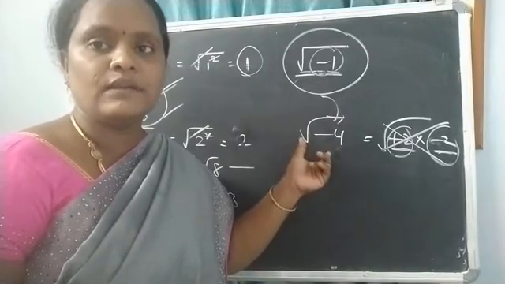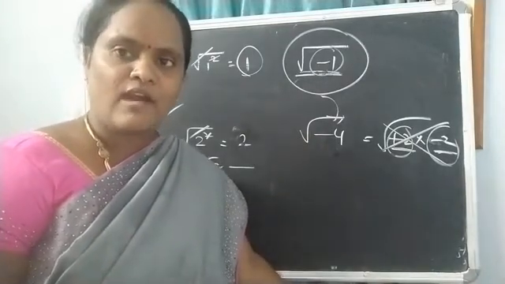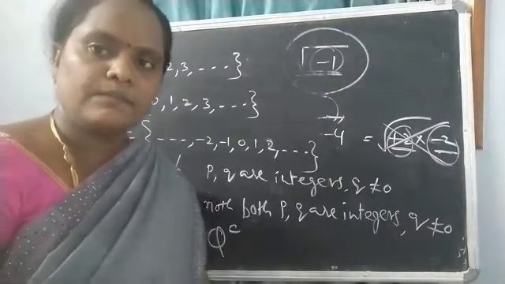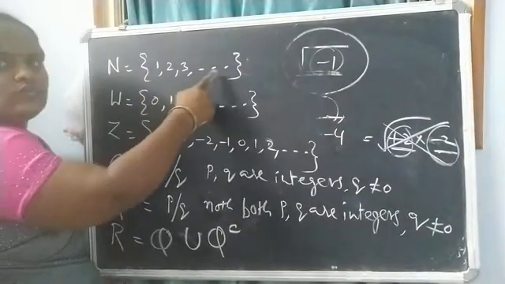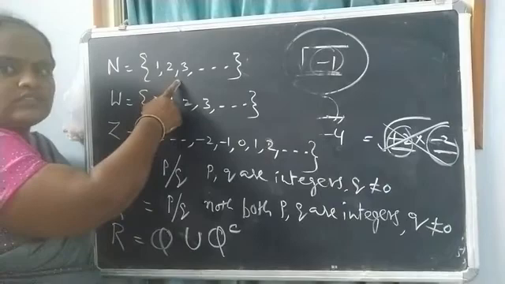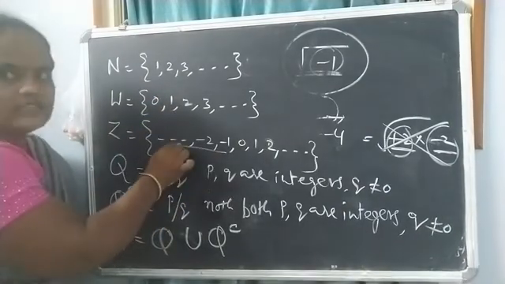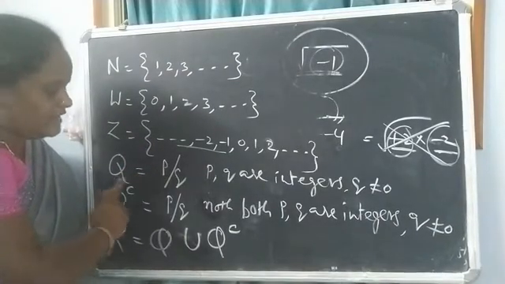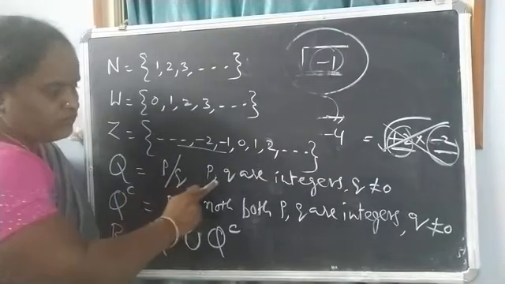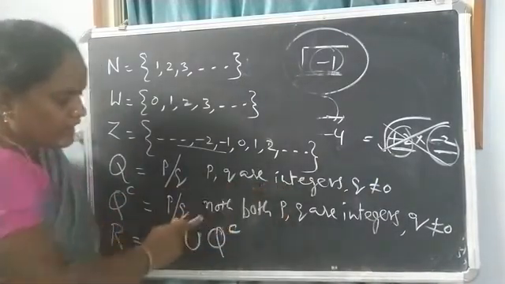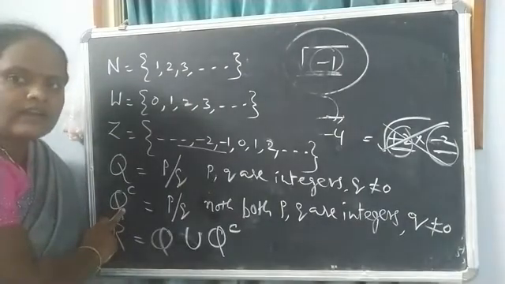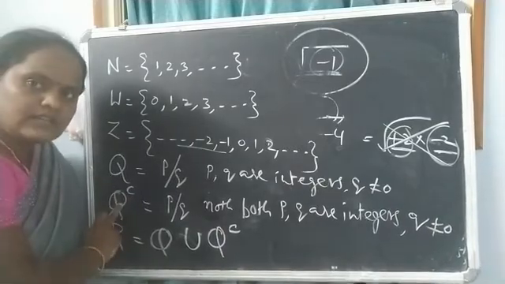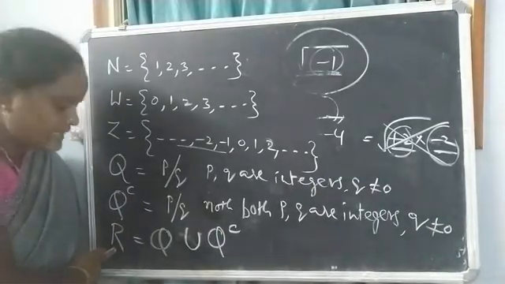Then what will we call these numbers? These are not irrational, so we have some other new numbers. Let us recall the numbers we have seen in this chapter. The first one is natural numbers, 1, 2, 3 and so on, the counting numbers. When 0 is added to natural numbers, we get whole numbers. When negative integers are added to whole numbers, we get integers. All the integers and fractions are called rational numbers, in p by q form, where p and q are both integers. If they are not of that p by q form, those are the complement, that is irrational numbers. Rational numbers and irrational numbers combined together are called real numbers.